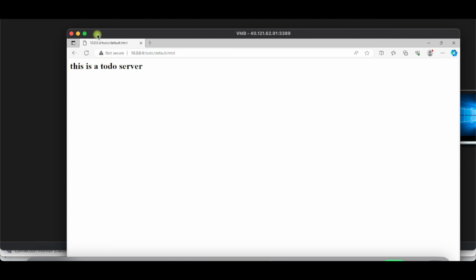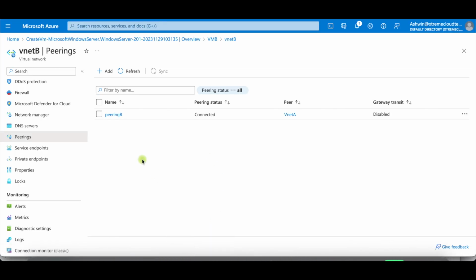So now you can see it is getting connected through our private IP address. So this is how virtual network peering works. You can connect using your private IP address. All right. And now since we have configured everything and it is working properly,